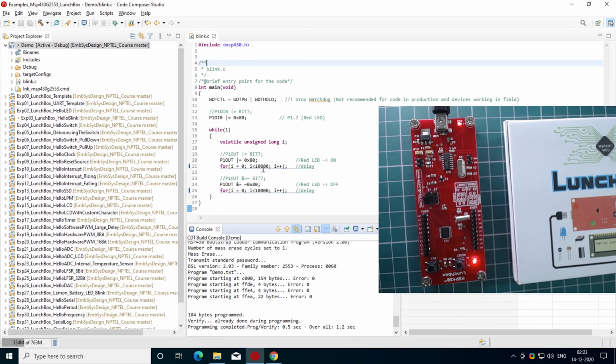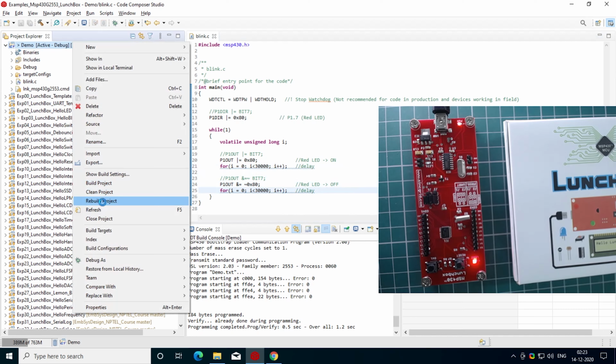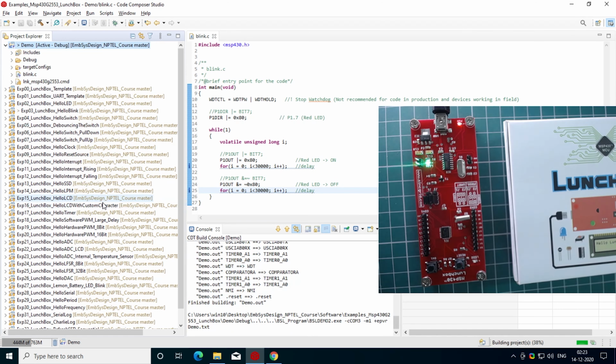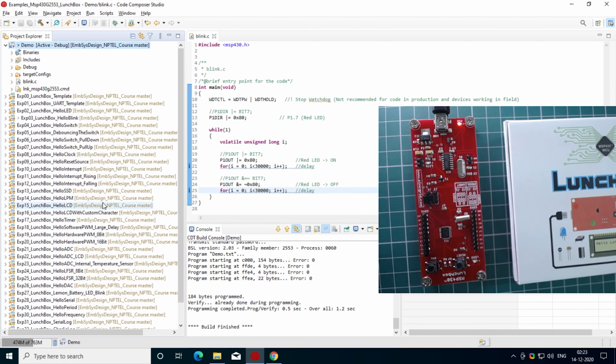You can confirm this by changing the delay rate. Let's suppose I change it to 3 and save this file. Again right click this and click rebuild. You can see that by changing the delay, the blinking is slowed down.